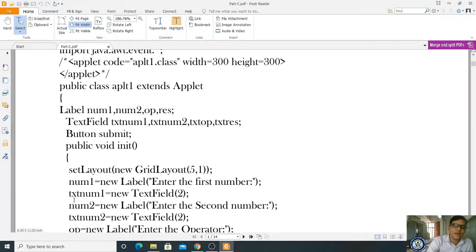Okay, and next, in the next line, in the next row, you are creating the next new label num2. Num2 is equal to new label of enter the second number. Enter the second number. So in front of that, you are supposed to place it. Okay, so for that it is display. Okay, so actually what you are doing,